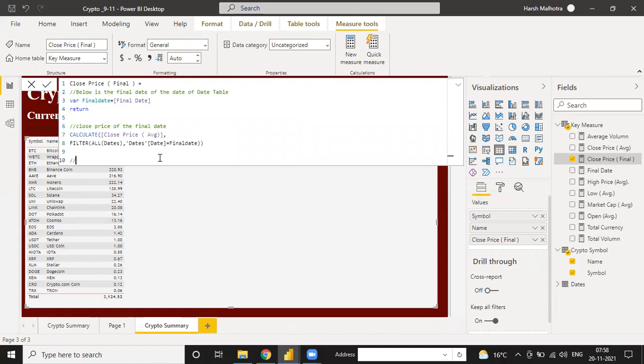Instead of this, you can use your final date measure. It is a highly complex function, so that is the reason we are using two steps: number one is final date and second is final date.